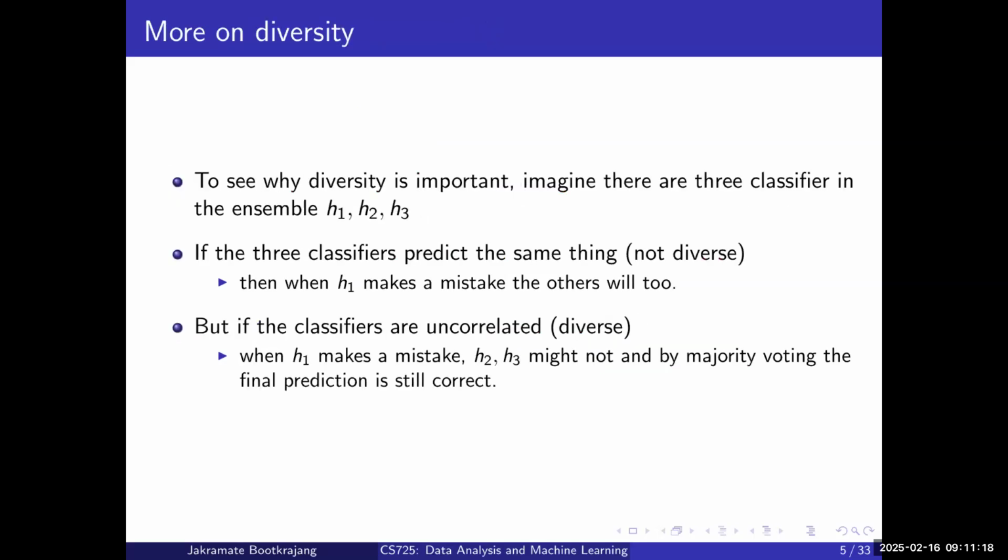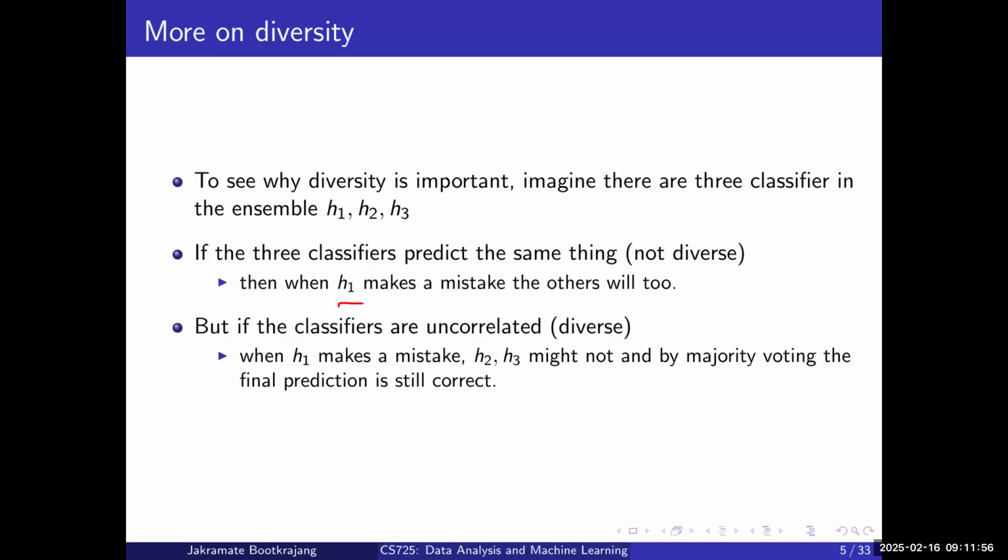So when we talk about diversity in classifiers, we want them to predict something different. If three classifiers predict the same thing, then if H1 makes a mistake, the others will also make a mistake. But if they have different opinions and predict the same data point differently, there is a higher chance that most of